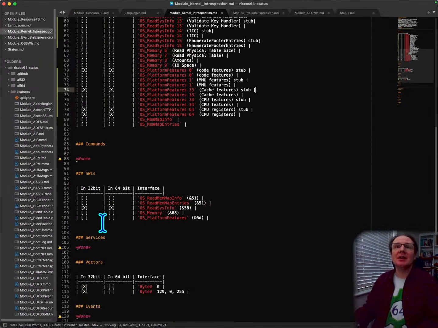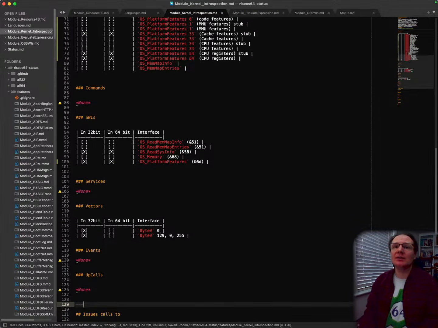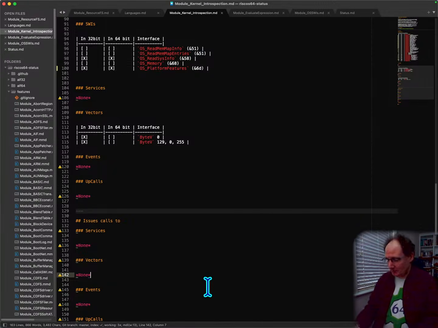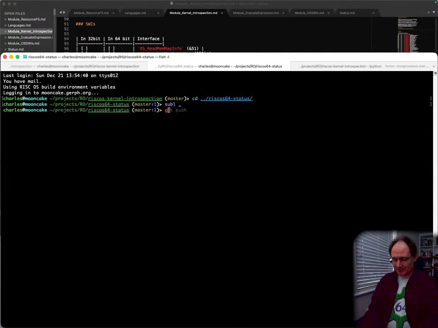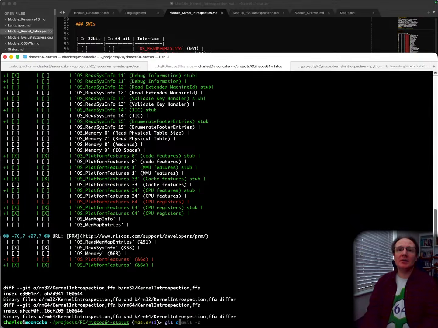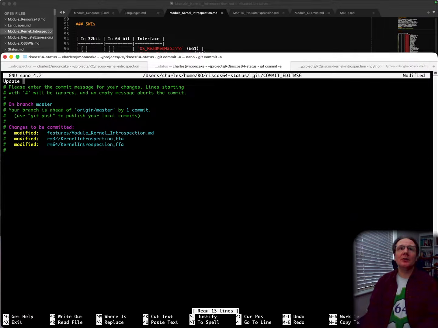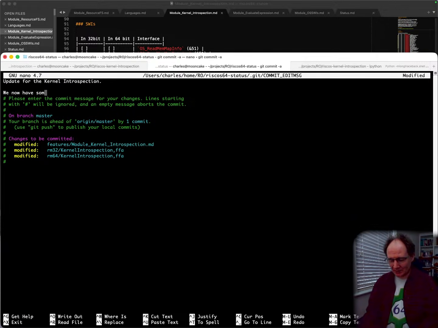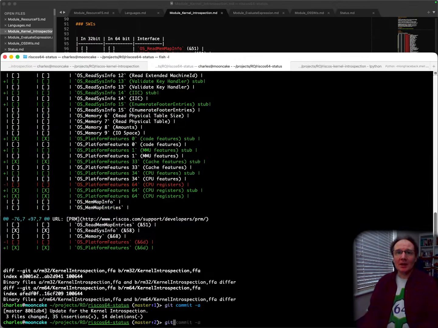Thank gosh for that. Right, so we've also got these SWI calls implemented here, and vectors, no, nothing else. That's our lot then. So we can now commit that. Diff. Yeah, there we go. Update for the kernel introspection. We now have some OS platform features. There we go. And if we push that,